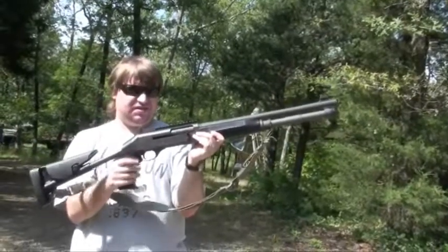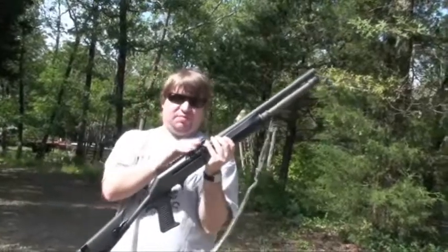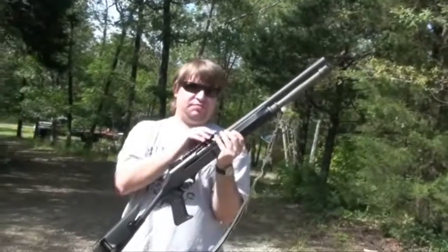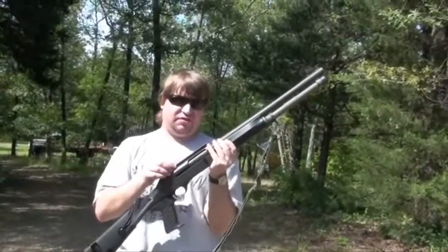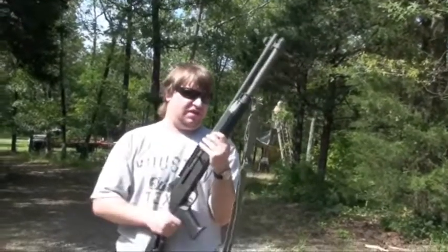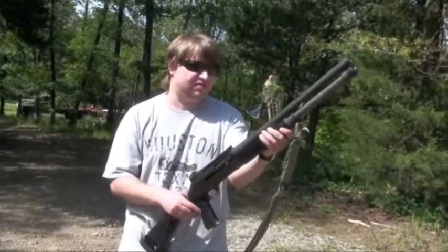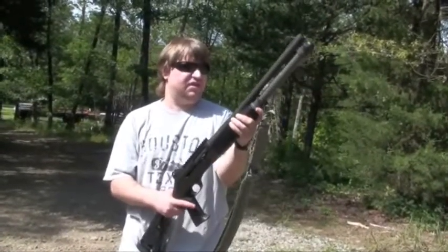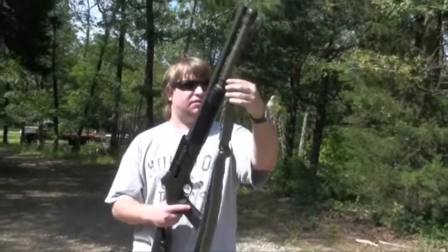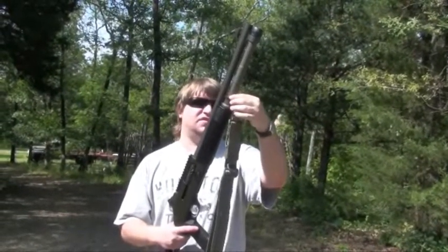Cross bolt safety. Seems pretty intuitive. A respectable Picatinny rail. It's pretty low and it's not all that long, so people like a taller one, but come on, it's a shotgun. It has a rail, it's integrated. I've read a lot of things, people are trying to put aftermarket rails on top, there's problems. It seems like it's just best to stick to the factory on these guns. The sling swivel up here, or slot I should say, is reversible. You can flip it to right, left, and then it's secured by a